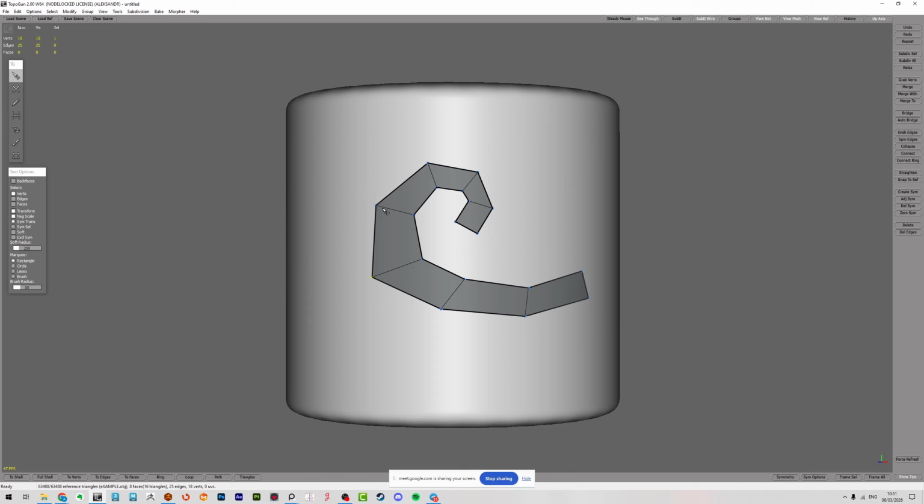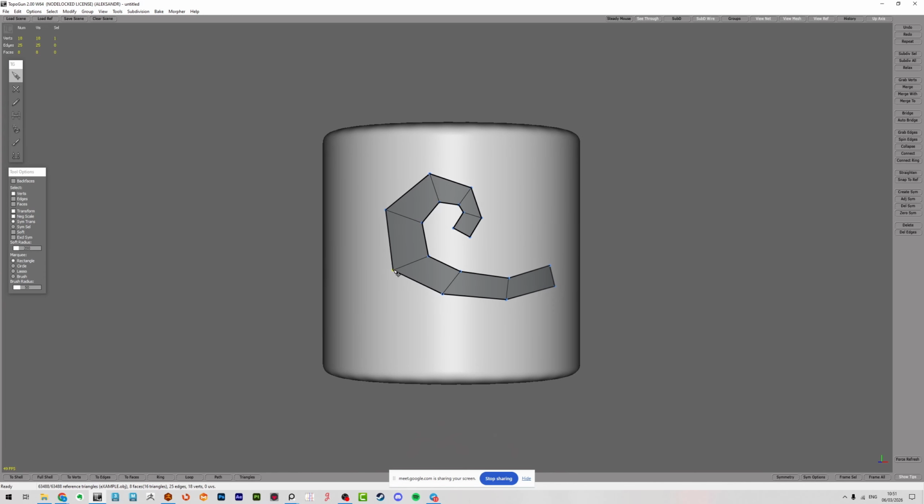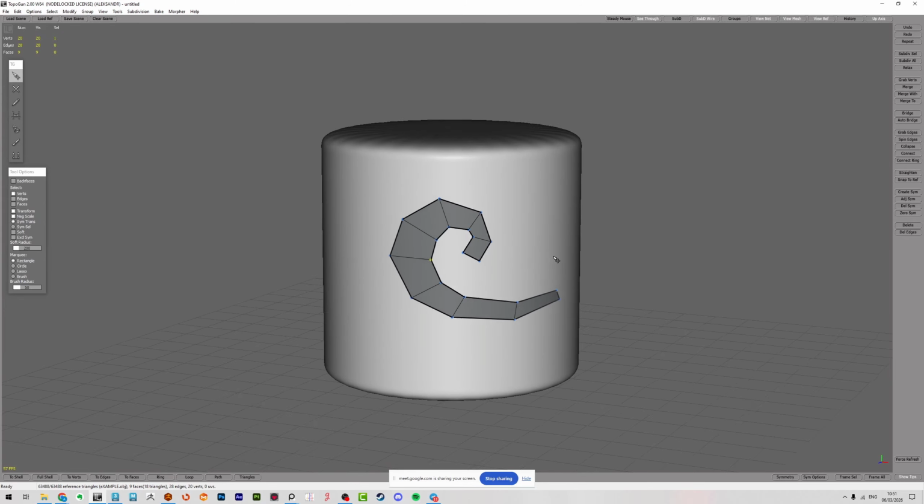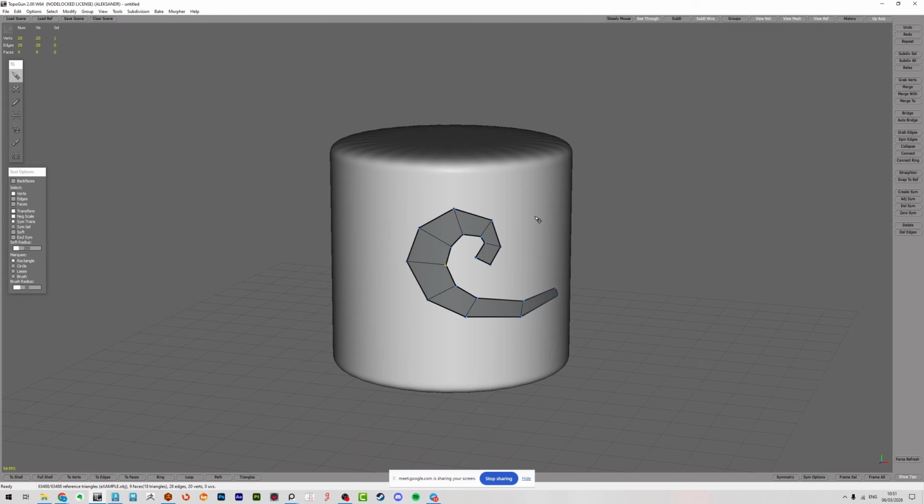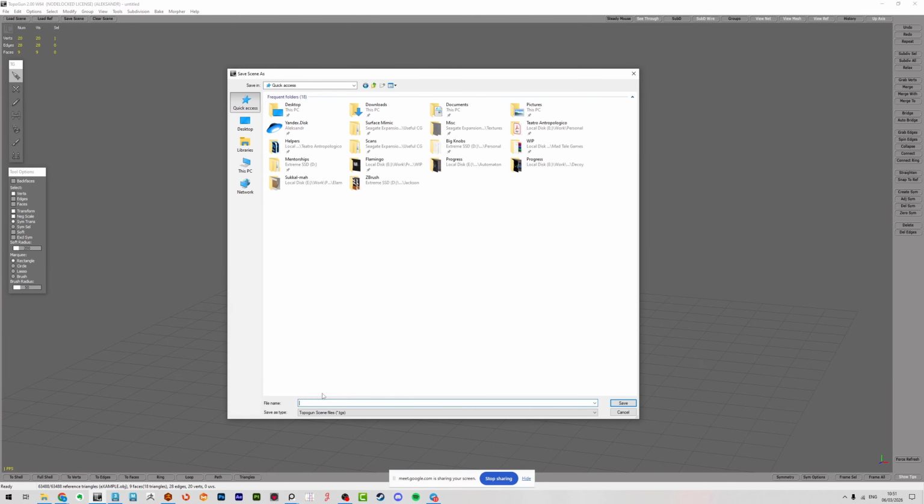I can control how I want it to be, maybe in terms of the silhouette. It should be chunkier, maybe it should be a little bit smoother in here. Again, it's a lot of extra work compared to just doing this with a brush, but because I do have full control over this, I can just click Control Save,